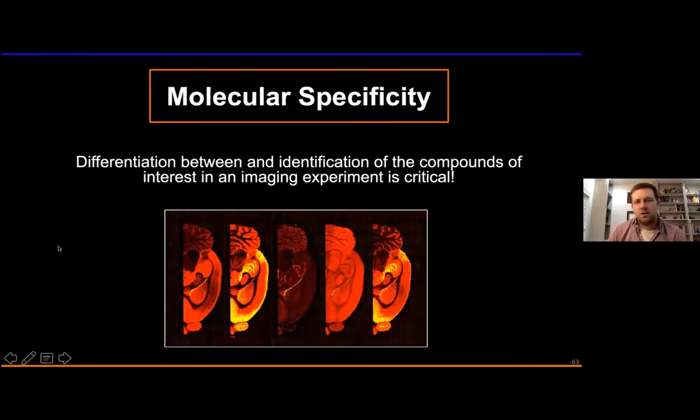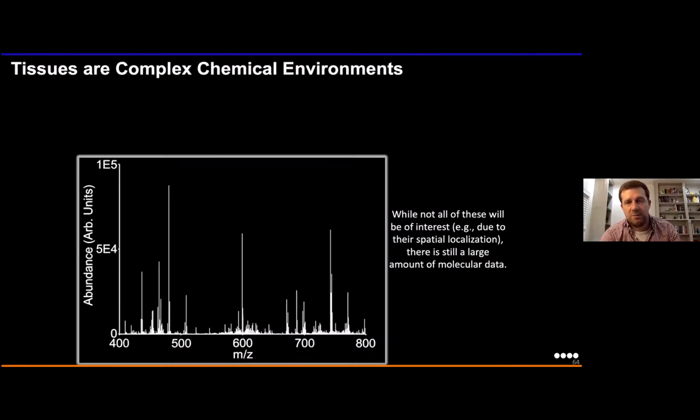Okay, so let's talk a little bit about the importance of molecular specificity. I mentioned that we're getting some chemical information, so differentiating between the many isobaric and isomeric compounds in the sample is really important, especially in metabolomics and lipidomics experiments. What I'm showing here is an average mass spectrum acquired from a rat brain tissue experiment. And this is the lipid mass range and maybe the high end of the